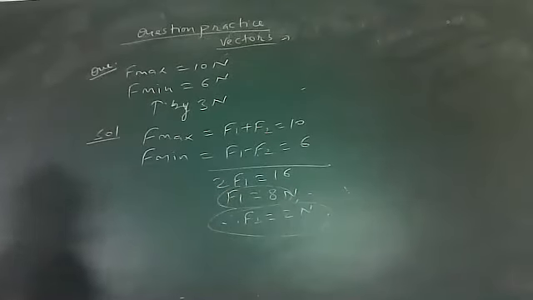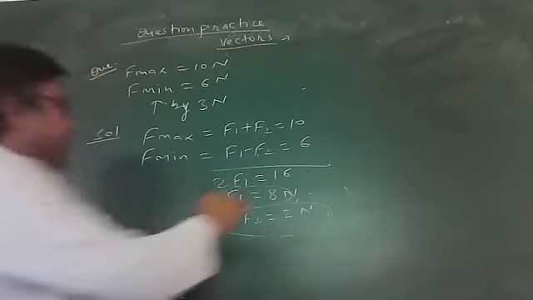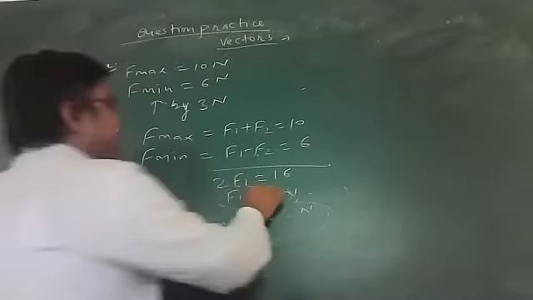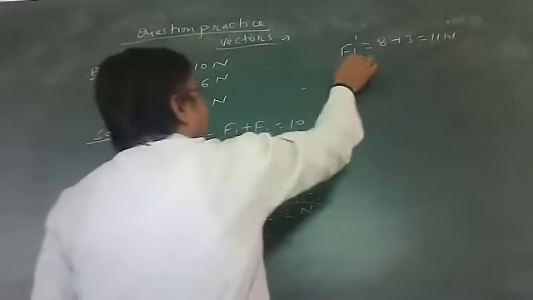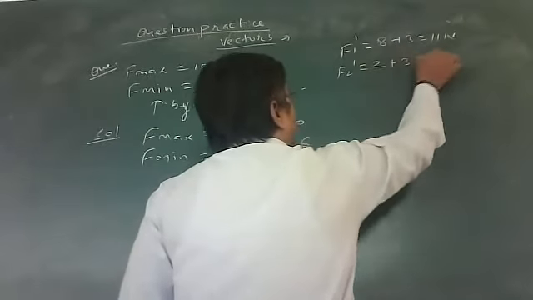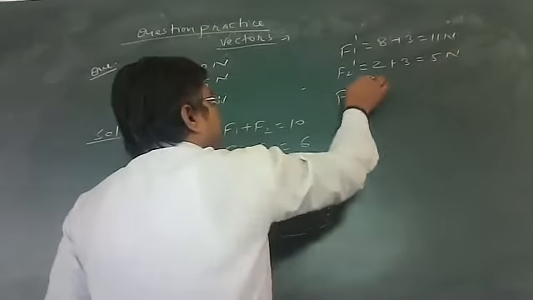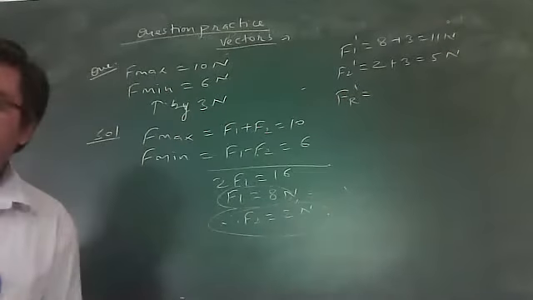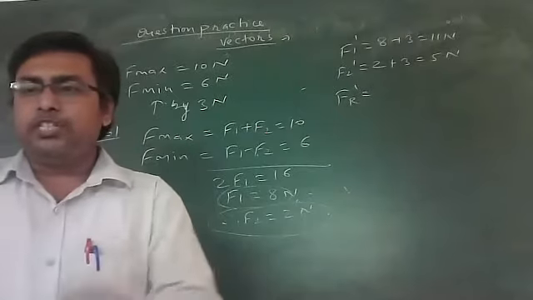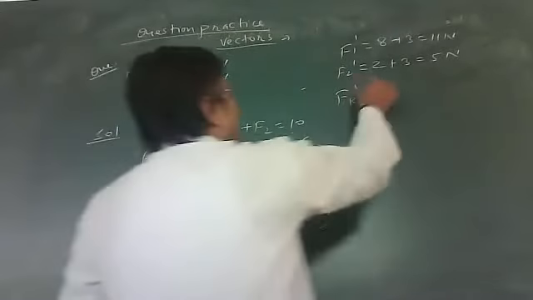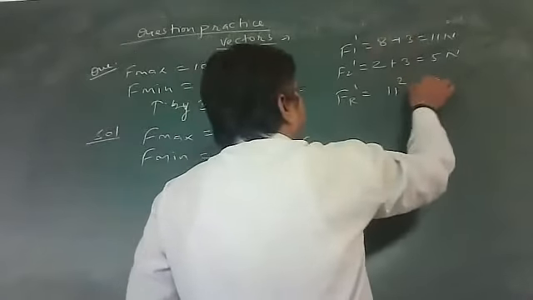Now, both forces are increased by 3. That means the new F1 dash will be 8 plus 3. You will get 11 Newton. And the new F2 will be 2 plus 3, that is 5 Newton. So what is the modulus of the resultant? That is square root of a square plus b square plus 2ab cos theta. But the question gives you that both forces are inclined at an angle of 90 degree, so I utilize only a square plus b square. You will get 121 plus 25, it is square root of 146. You can resolve it: 12.08 Newton. That is FR.